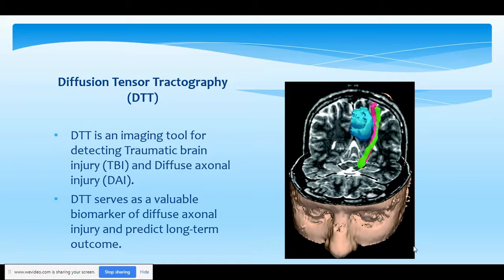It has a set of control imagings, which has the data of how the tracks run and how they look, and it has the thickness and the length and the origin and the targeting areas that those tracks go to. And so they compare the normal with the abnormal brain, and it is not